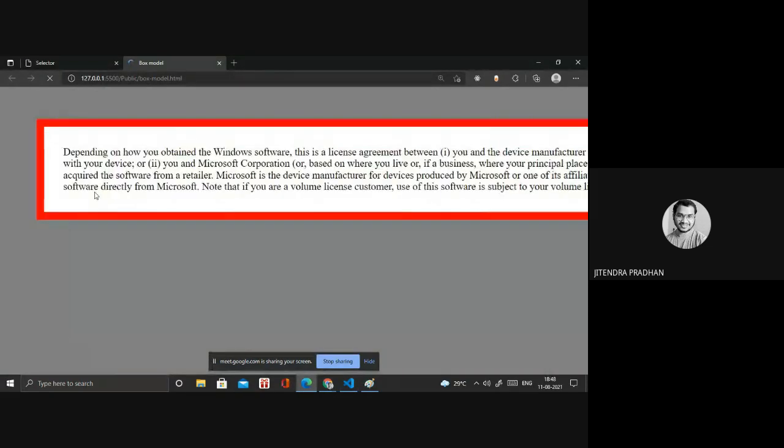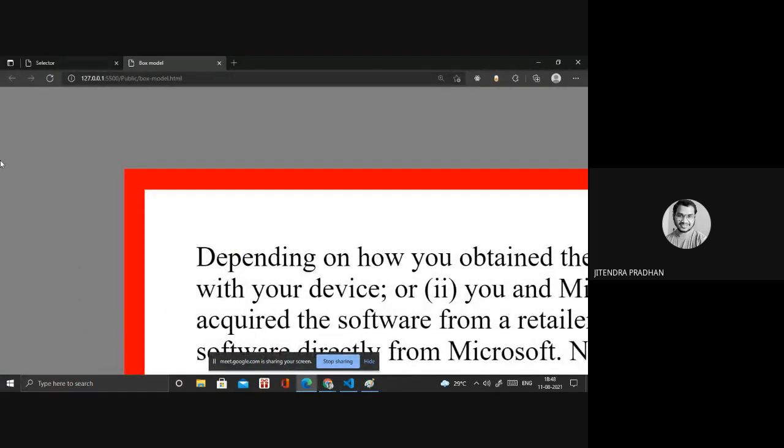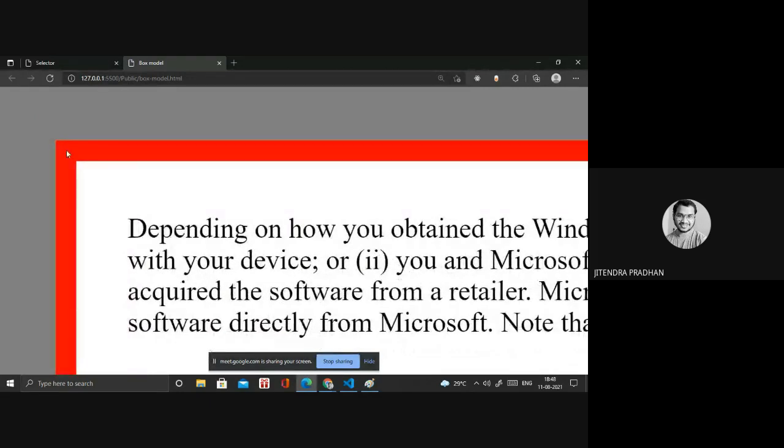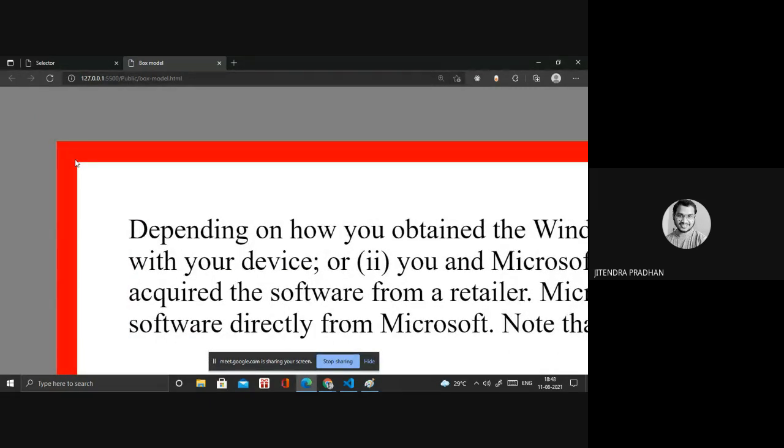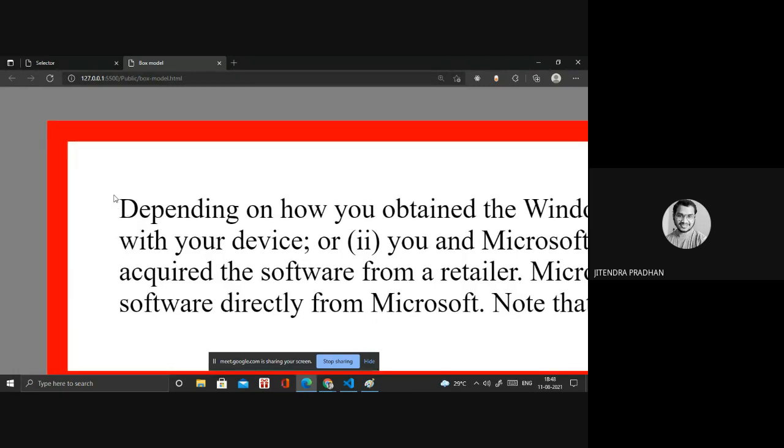Have you observed that one? The margin has changed. Okay, and this is the padding. Sorry, this is the border. The red color is the border. Okay, and whatever space is in between the content and the border, this is the padding.